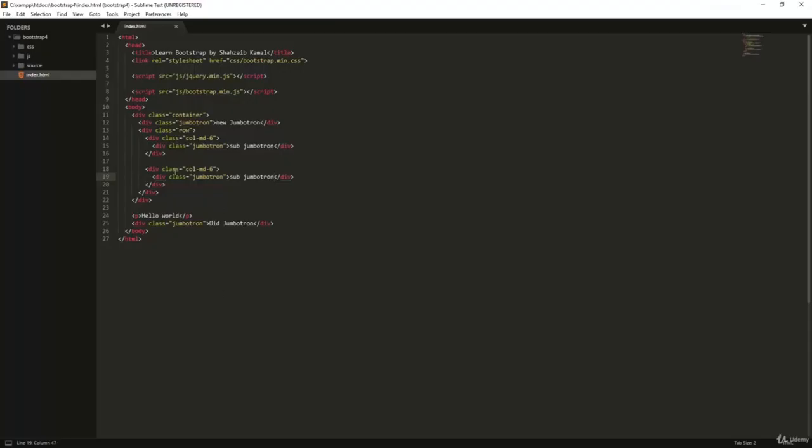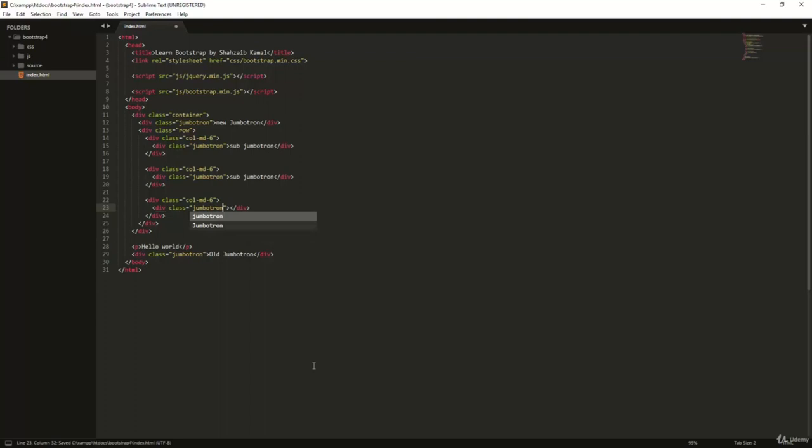But if I make another one right after this one in the same row. Notice, I'm in the same row and I'm making another one here. I make another class, the same, equal to md-6. Going inside, making a div again, and making a class jumbotron. Now I'm typing sub, save it. I've made three jumbotrons, and all are in the same single row, but 6 and 6 and 6